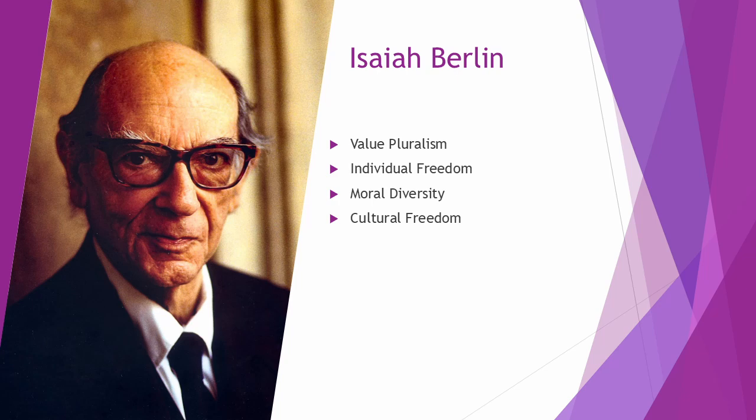Isaiah Berlin's view on society is that it should accept moral diversity and allow multiple ways of living to coexist peacefully. Isaiah Berlin's view on the state is that it must protect freedom by ensuring individuals can choose between competing values without coercion. Isaiah Berlin's view on politics of recognition is that respect for differing values requires tolerance of both